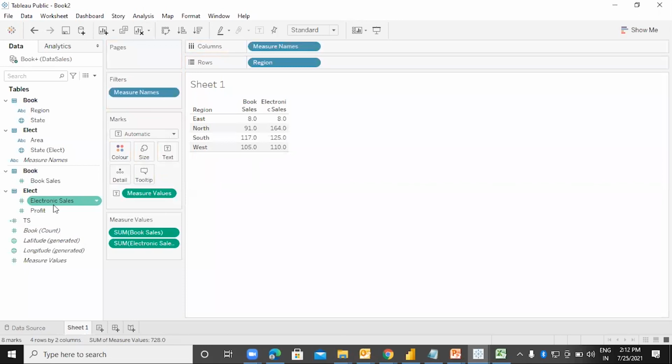Okay, but if you remember, the heading was different. In one table it was region, and in another table it was area. But because the data was same, Tableau is able to get the visualization from the two different sources. Okay, here it is.